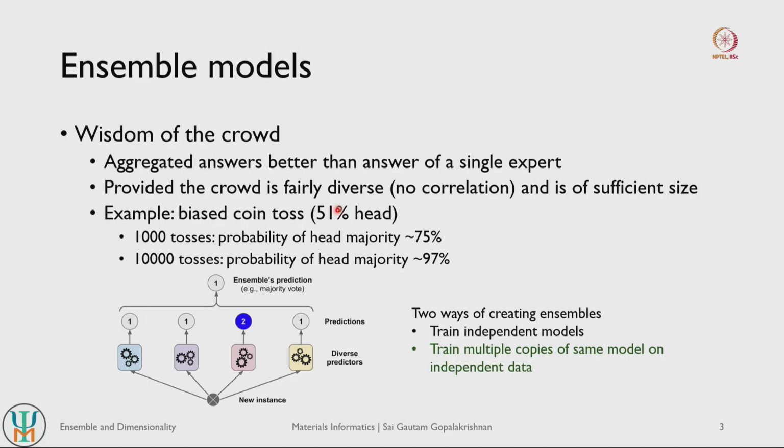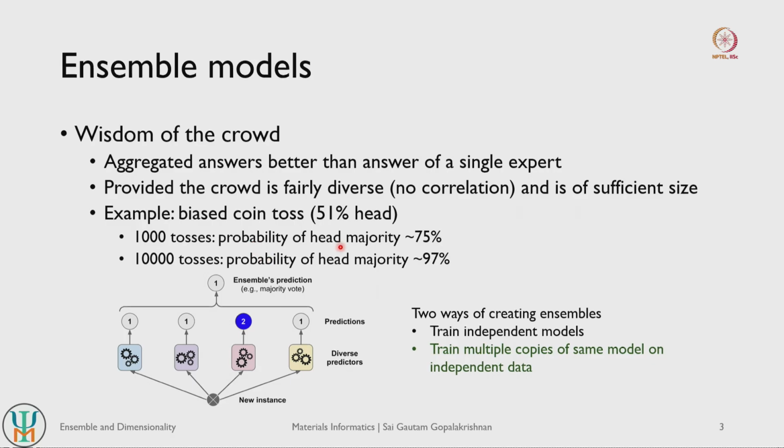So if you do 100 coin tosses, you are going to get 51 heads and 49 tails, right. So let us say you have this biased coin toss, and the thing that you want to predict is the probability of getting a head over a certain number of tosses. If you were to toss the coin 1000 times, then most likely you will get about 510 heads and 490 tails. But there are also instances where the biasing is not working perfectly and you end up getting 500 heads and 500 tails.